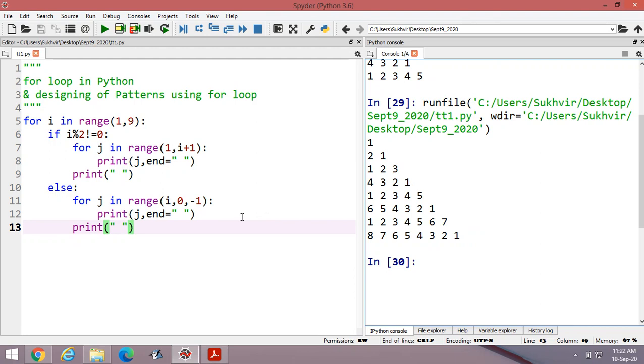Now one more content regarding for loop, or you can say nested for loop, of designing patterns.